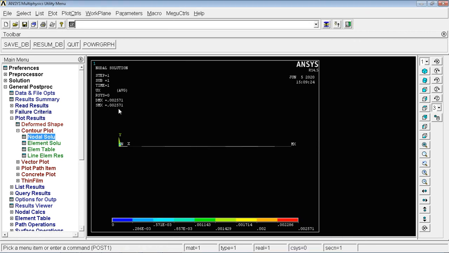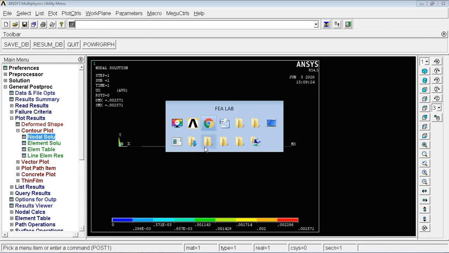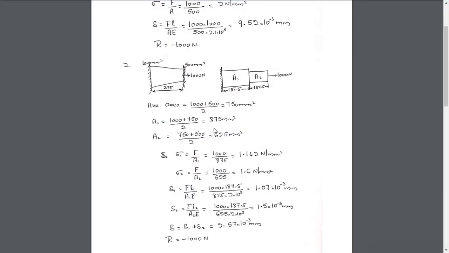Okay, I've got 0.002571 millimeter. Let us cross check the value. Here I got 2.57 into 10 power of minus 3 millimeter. Both values are the same. Next, stress: I get 1.142 for the first element, and for the second element 1.6. Let us cross check this also.